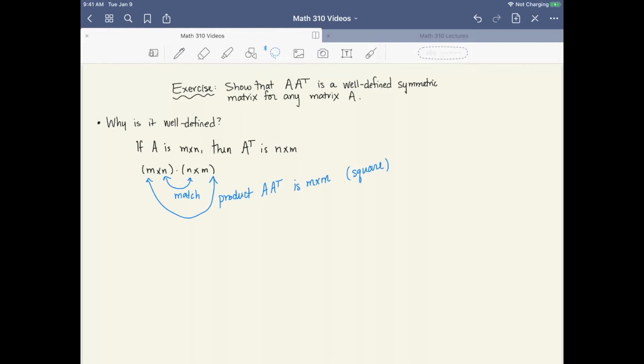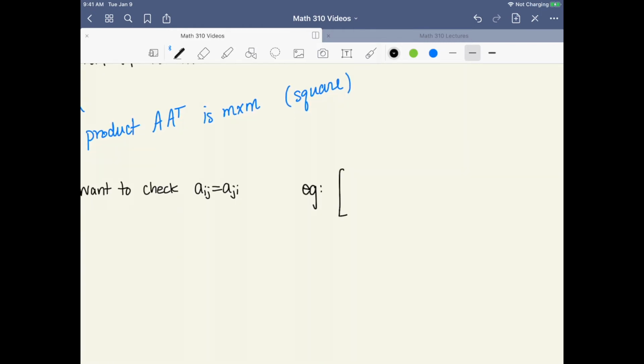The next thing to convince ourselves of is, why is this symmetric? So let's think about this in a special case and then extrapolate what the general argument should be. Well, if we want to see why something is symmetric, what we really want to check is that Aij is equal to Aji. So if I want to look at a specific example, I could take perhaps the matrices 1, 2, 0, 1, 3, minus 1,